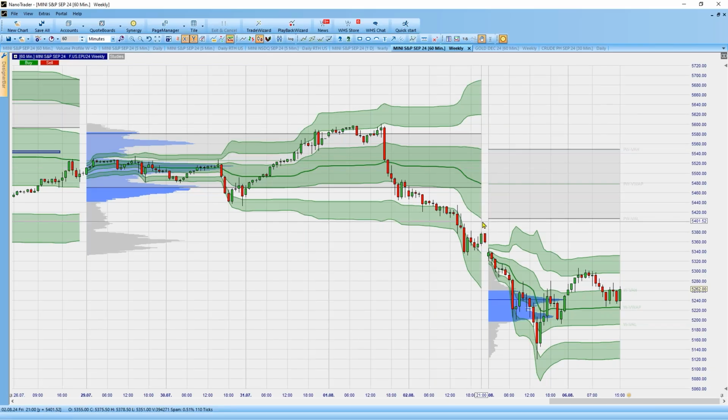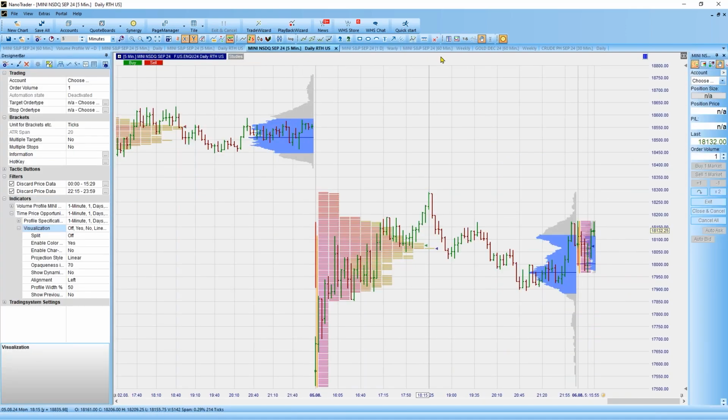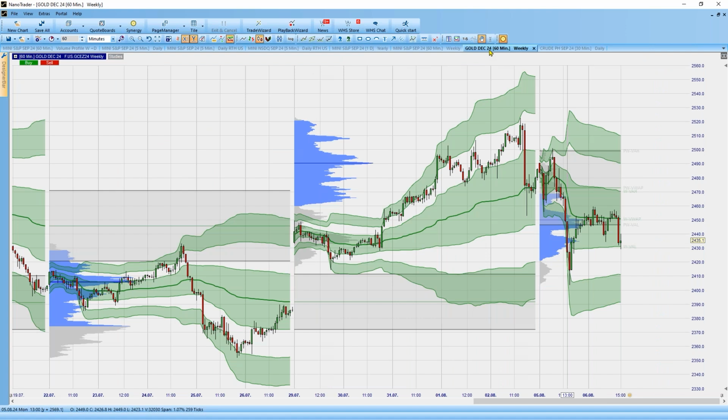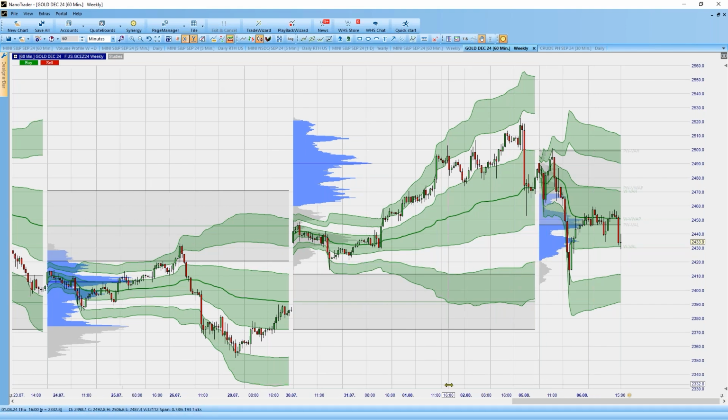And the volume profile and also the VWAP can be used on all instruments, no matter if you use indices like the mini S&P or the mini Nasdaq, for example. You can also use it on commodities like gold or crude oil, and it quickly gives you an overview if the market is really in a trend, or if the market is more or less range-bound and consolidating, for example inside the value area of the previous session. So, for example, here the previous